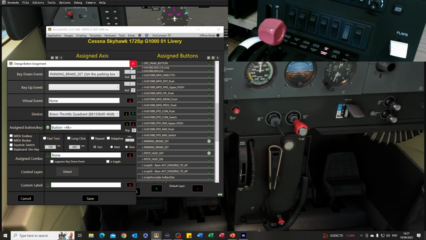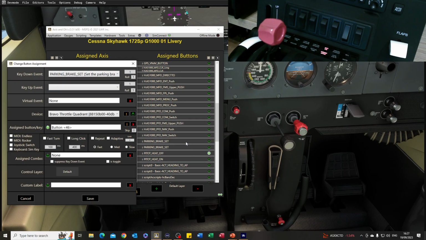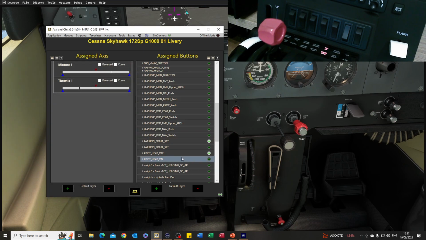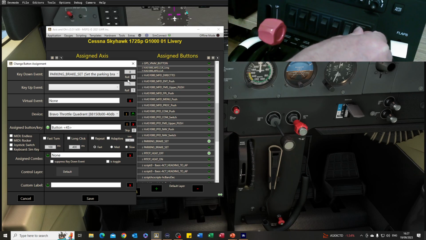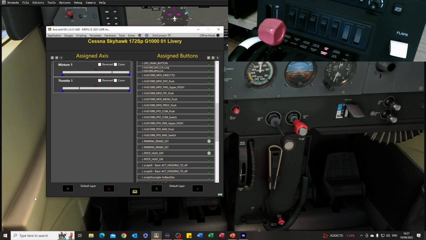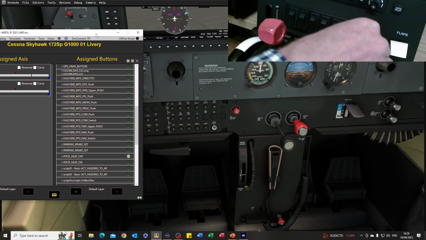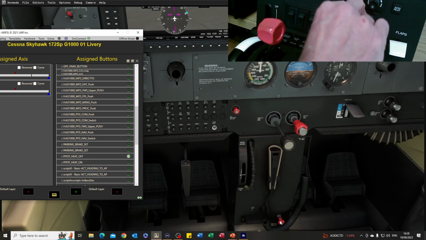The parking brake set on, and I want it off on the other one. I'll get it right in a minute. That's the off version, and that's set on 45, not 46, 45. So parking brake is off now and on now. So it's on in that switch. The default is it's on. This is really sort of in my head the other way around. That I want it when it's parked. I want to have the